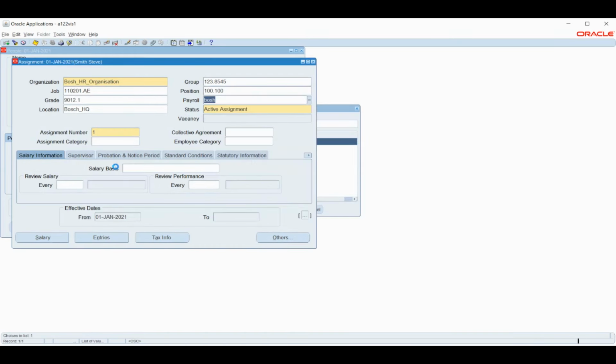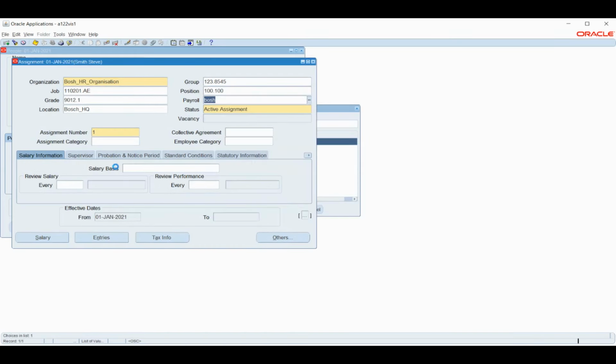For this, I will have to register my BG or my HR organization as a legal employer.